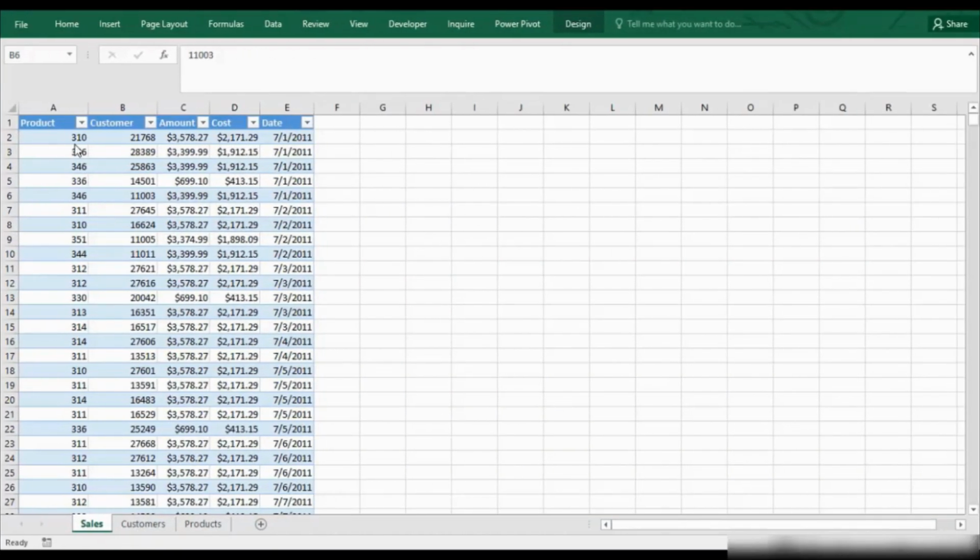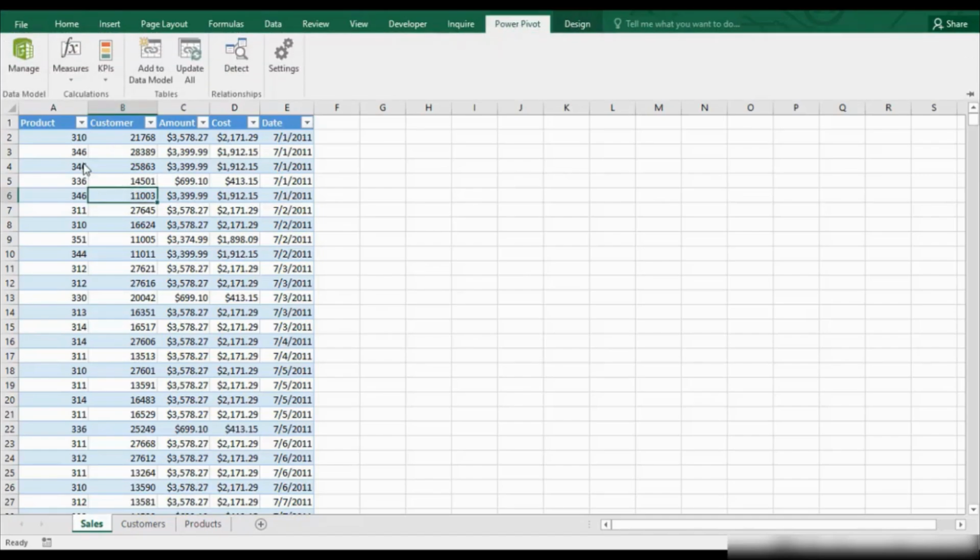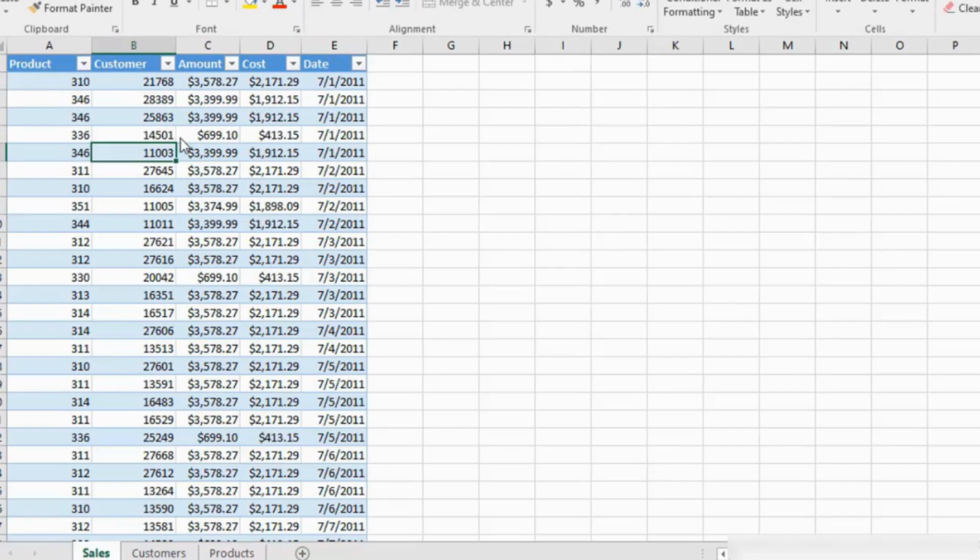In our previous lesson, we looked at how to create a data model from tables. We also had a look at how to use the Power Pivot window here, where we come to a table and then we just add it to our data model. So in this video, we're going to look at using the Power Query editor, with tables in the same workbook